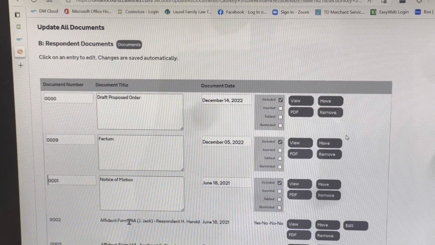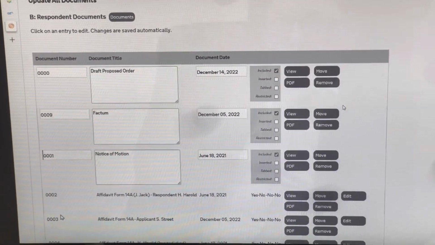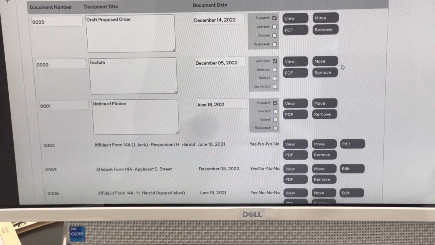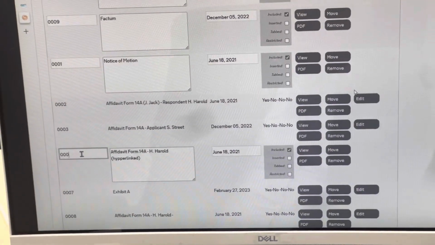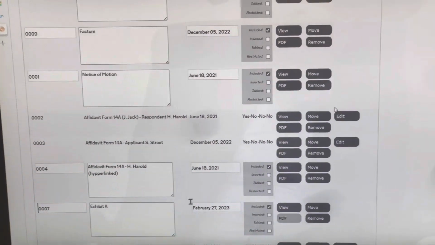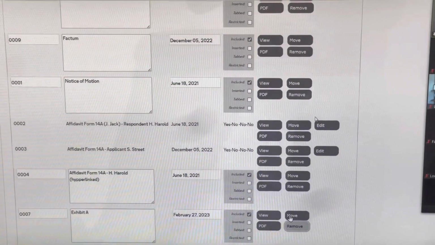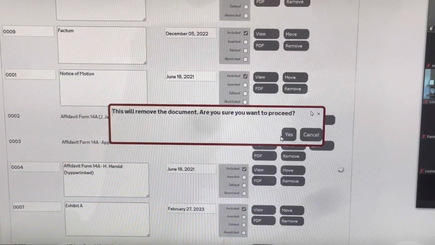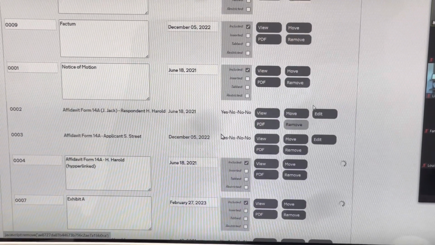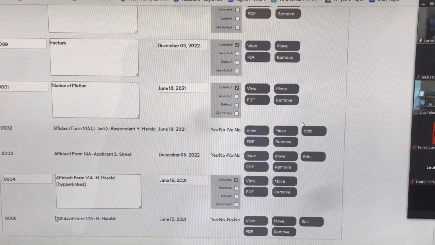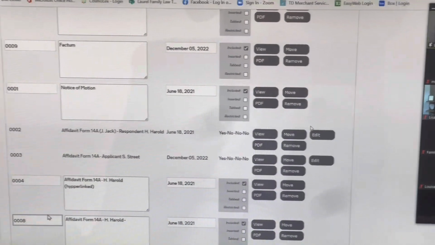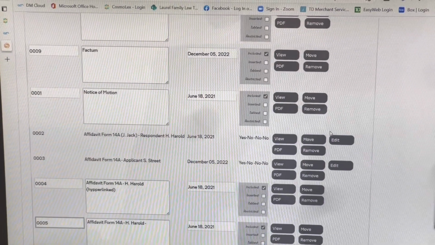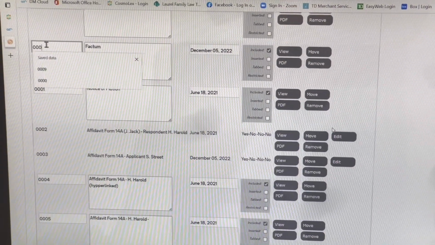I've got an affidavit from someone as number 2, another affidavit is number 3. I've got another affidavit here, I'm going to call number 4. I don't actually want Exhibit A, so I'm going to remove Exhibit A. It's going to say, are you sure? I'm going to say, I'm totally sure. Don't worry about me. And then I'm going to have my factum. Well, let's see, I've got another affidavit. So I'm going to have this as number 5. And then my factum's going to be number 6. You got to